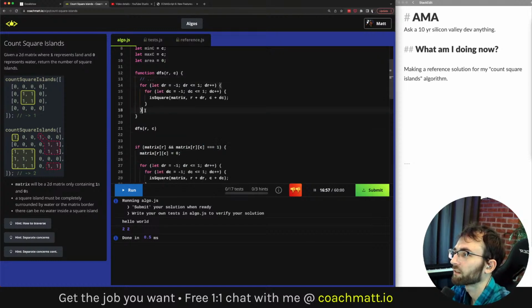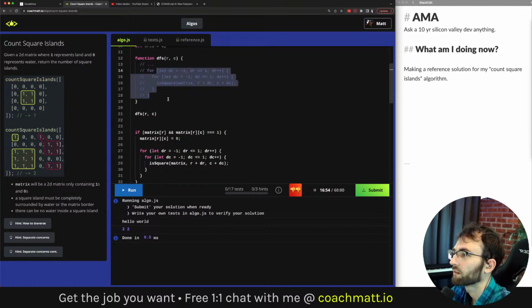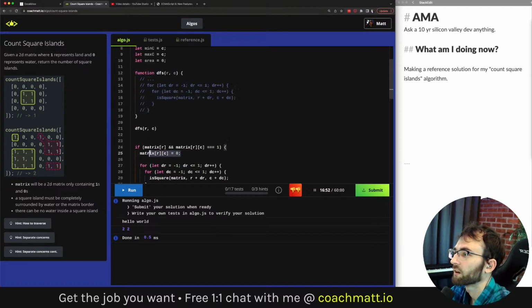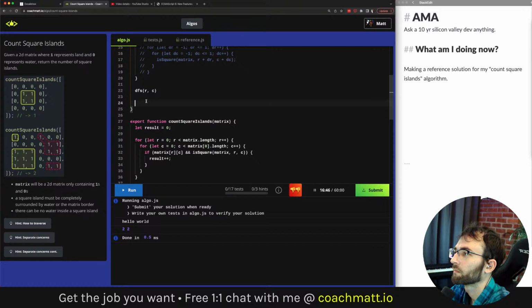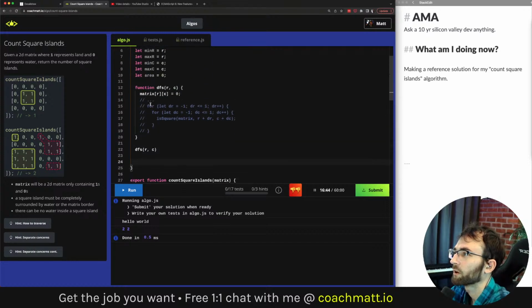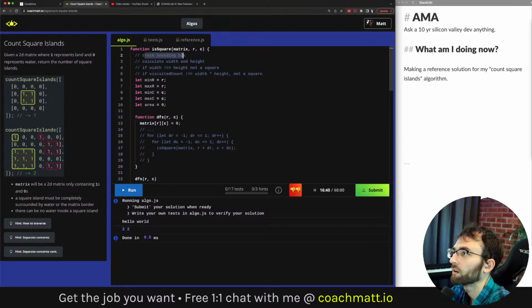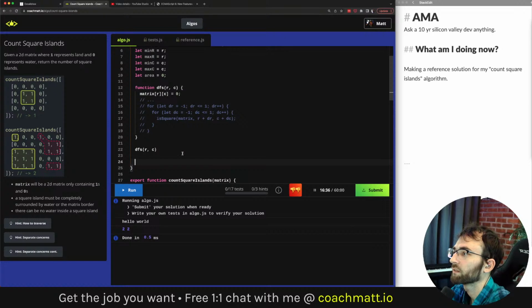I'm going to need to modify this code, but let me just copy it there for now. So you don't necessarily have to write your code linearly, like top to bottom. While we're on the topic, we did remember if width and height are not equal, then it's not a square. So what we can do is figure out const width is max row minus min row plus 1, const height.